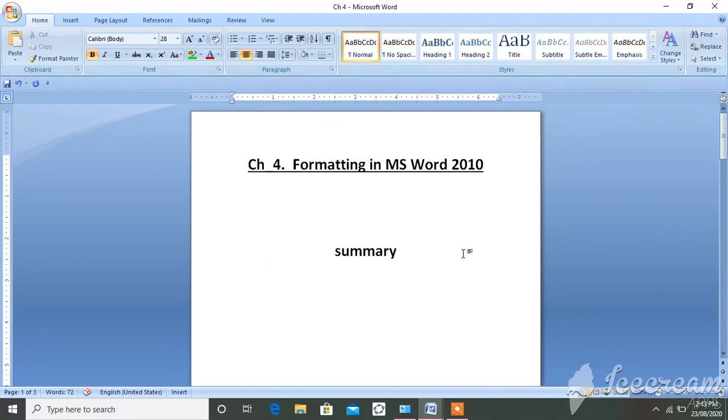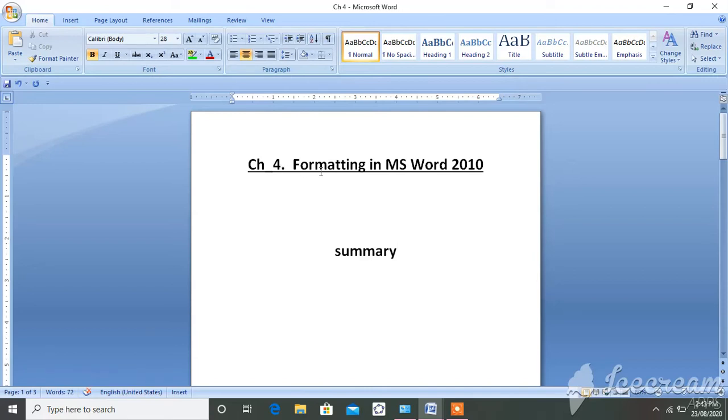In this lesson we learn how to do the formatting. Formatting means changing the appearance of text. Means how your text, your word, your character should look, that is called appearance. Then character means a letter or number. See, these are the characters.